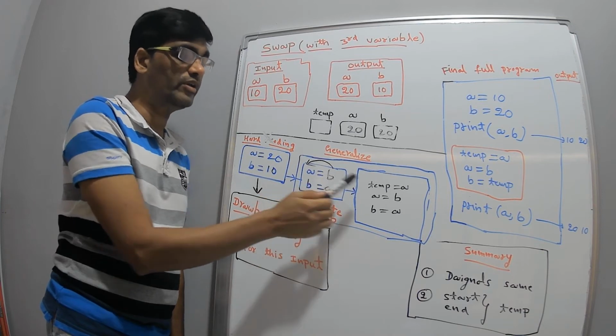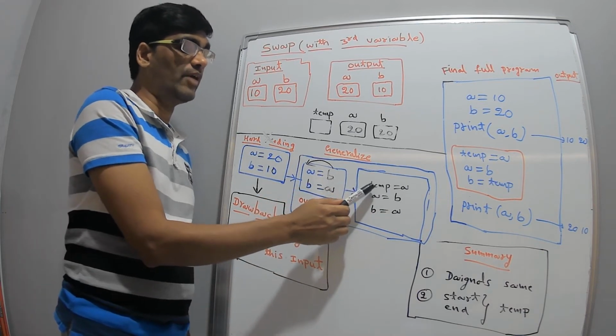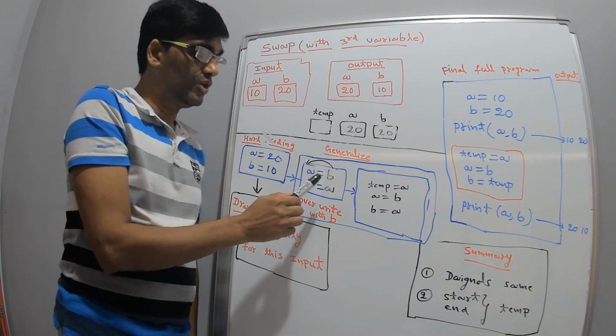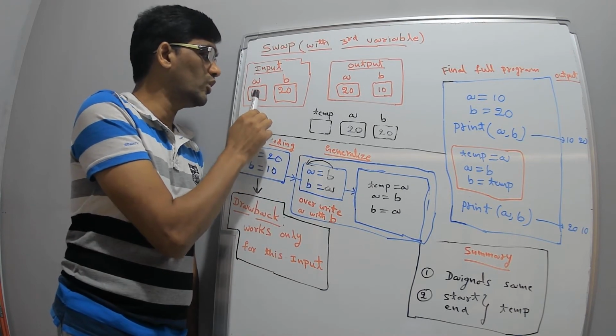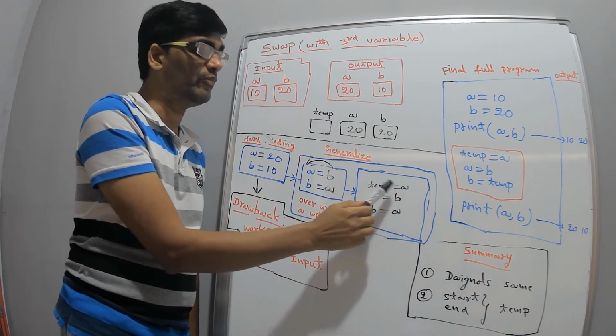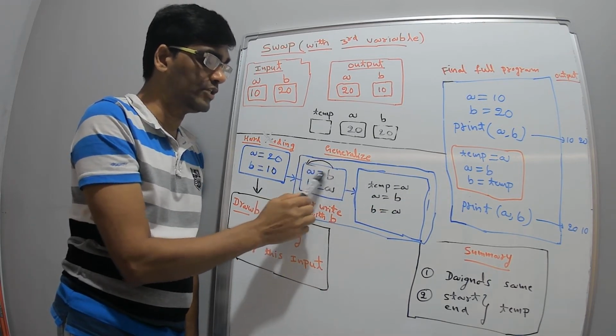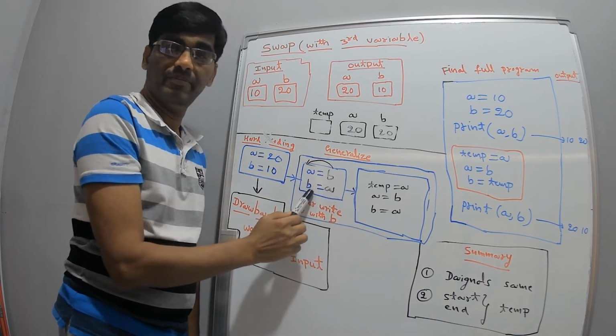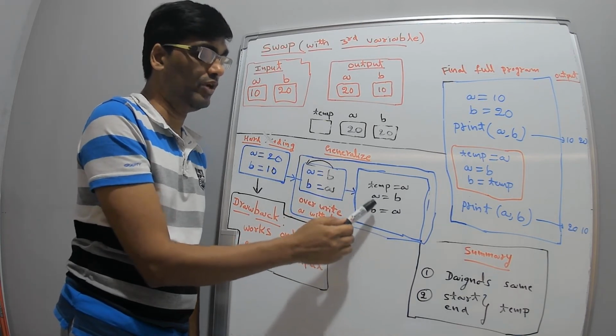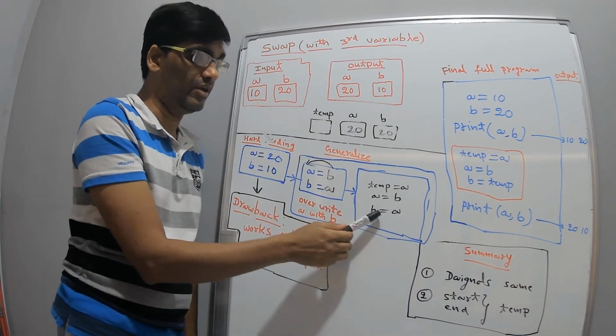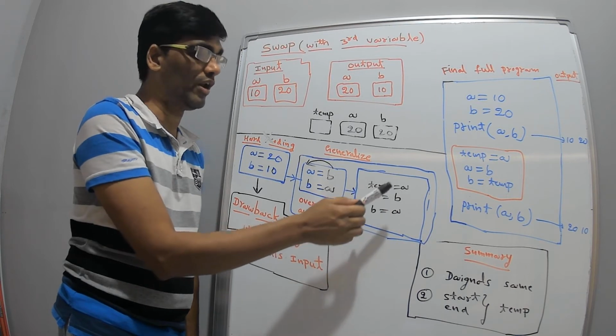So we'll try to convert this problem using some other variable called temp variable. A value we are losing, right? So let us store this a value into some temp variable, like this: temp is equal to a. Now copy paste the same code: a is equal to b, b is equal to a. Only what is the addition? Only temp is equal to a. Now let us see whether this code will work or not.